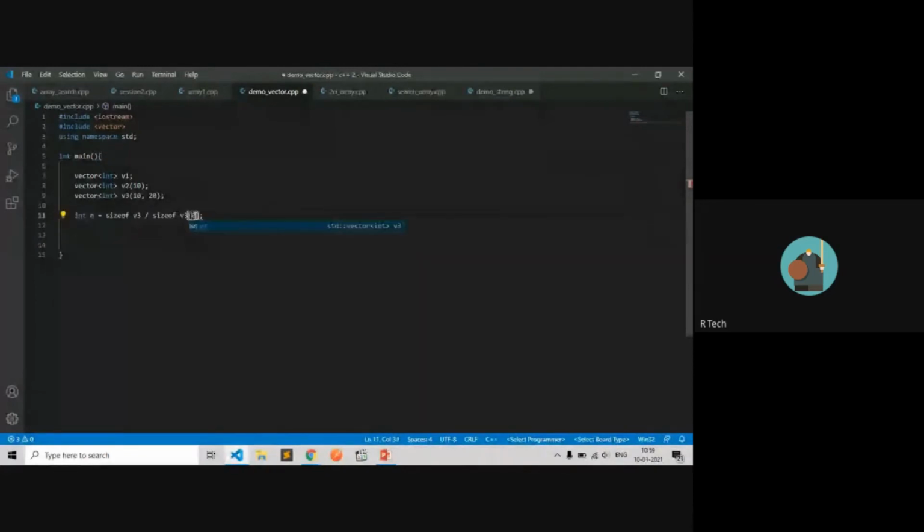V3, printing in a loop, an element, cout V3 of i.